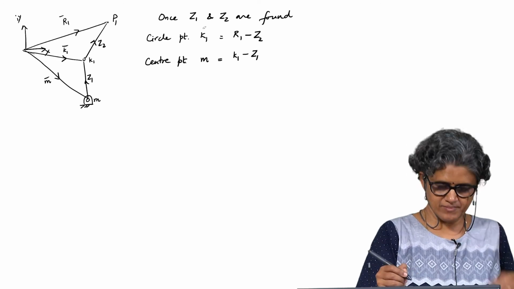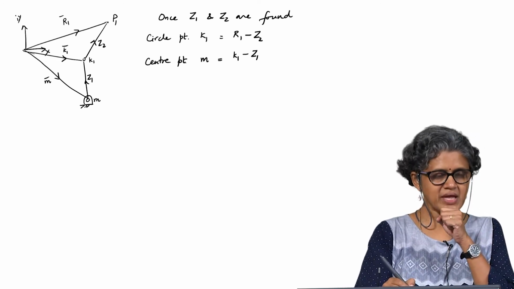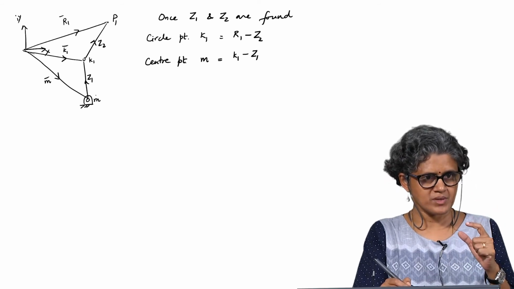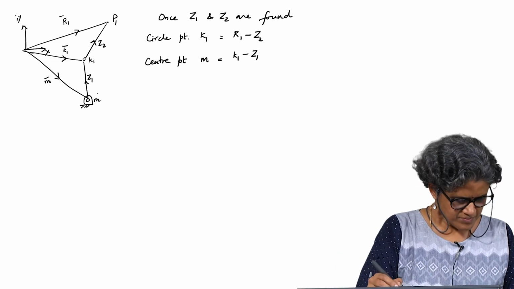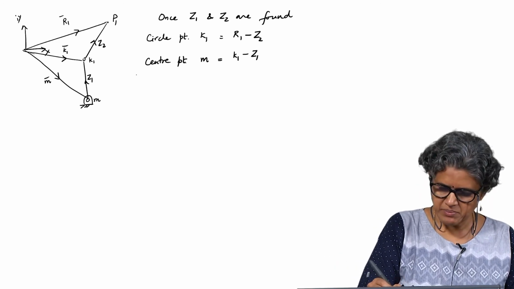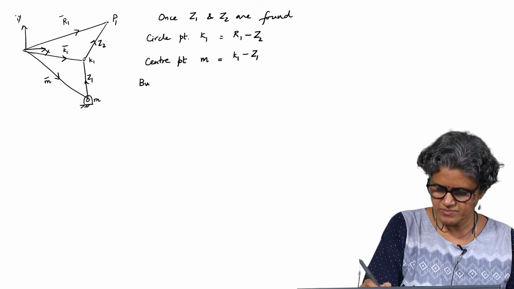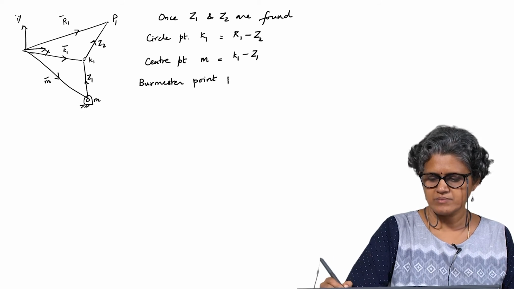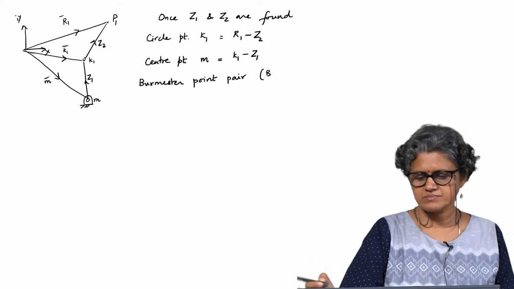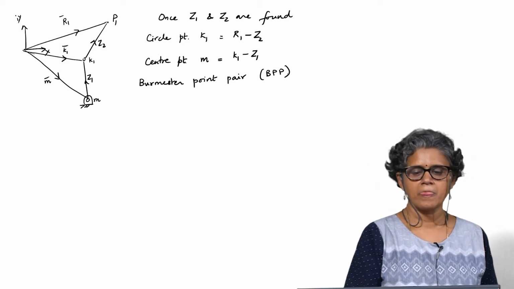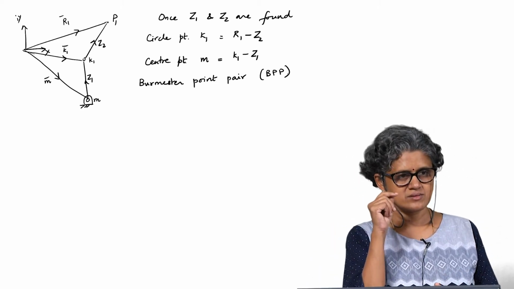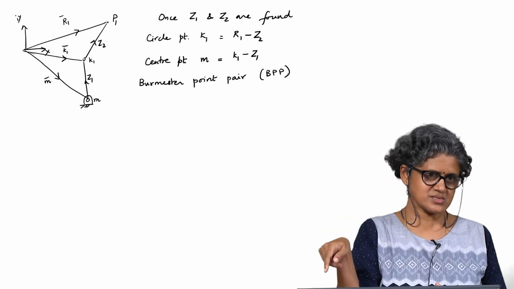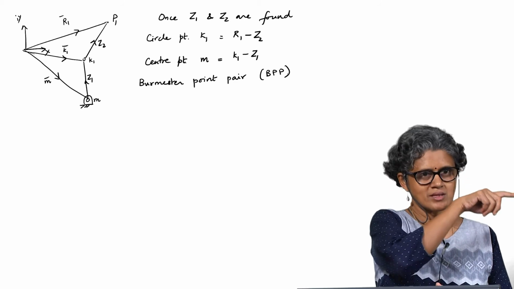So, this combination of K and M is called a Burmester point pair. Okay. So, BPP, Burmester point pair. Because it says that for a specific circle. So, if I find the locus of all the points K1,